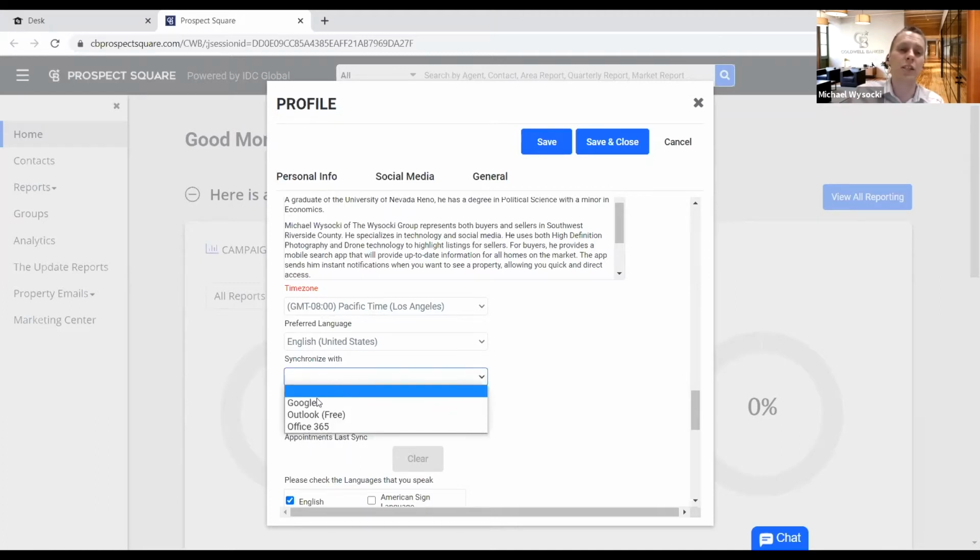If you hit synchronize with Google, Outlook, or Office 365, so those of you with Coldwell Banker Associated Brokers, if you're using the company email, that's an Office 365 account. And if you click on that and then you hit save, the next time you log into Prospect Square, it's actually going to pull up the ability to log into your Office 365 or Google, your Gmail account, and it can pull over your contacts that way,